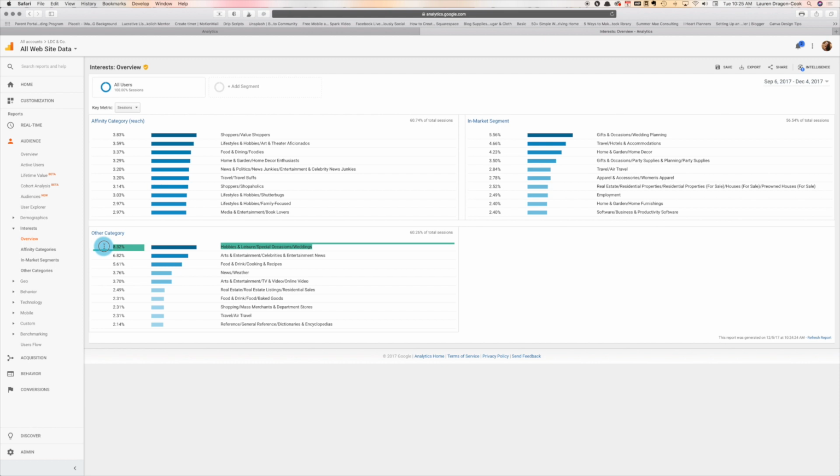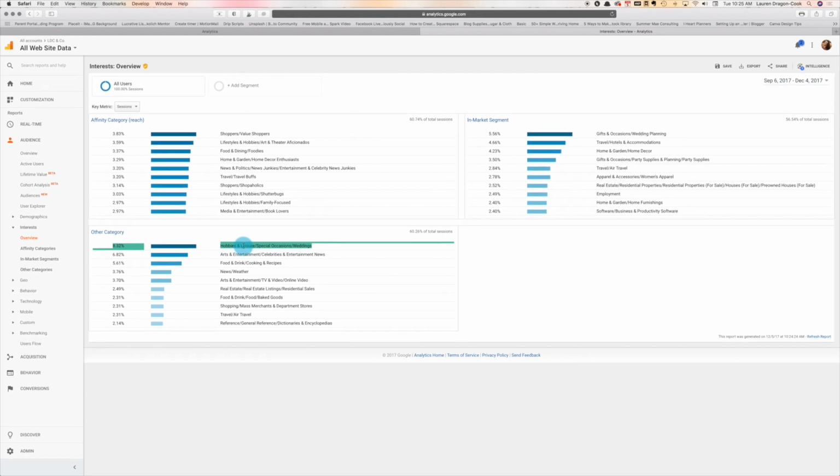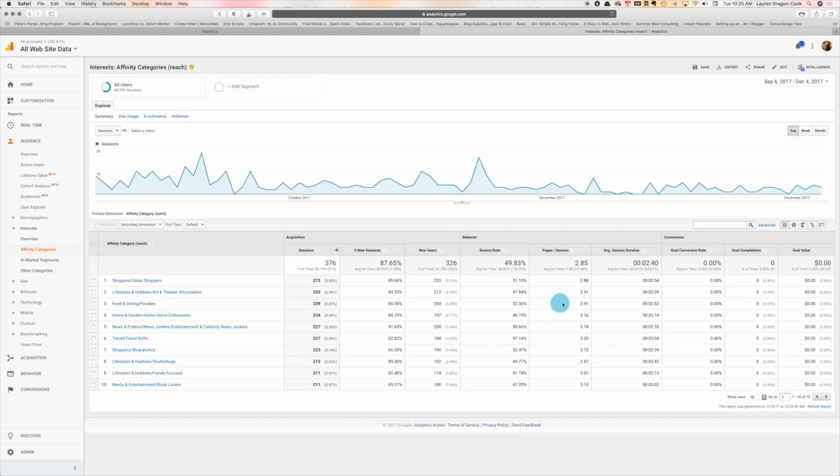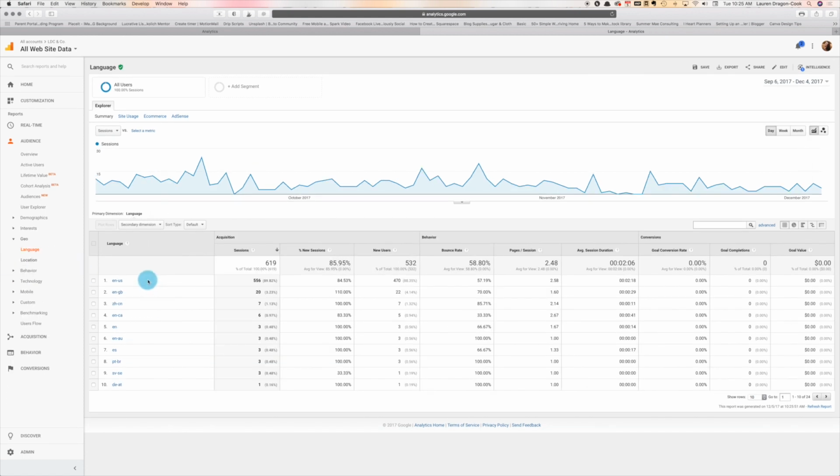8.32%, that is the number of users that have hit websites with these interests listed. But this helps you because it shows you what your ideal client enjoys doing. So again, it's just some more information to have in your back pocket. And then this breaks it down more, data spread out across. Okay, I'm not going to go too much more into this. This is showing us the language again, which we already saw on our dashboard. But 556 speak English,